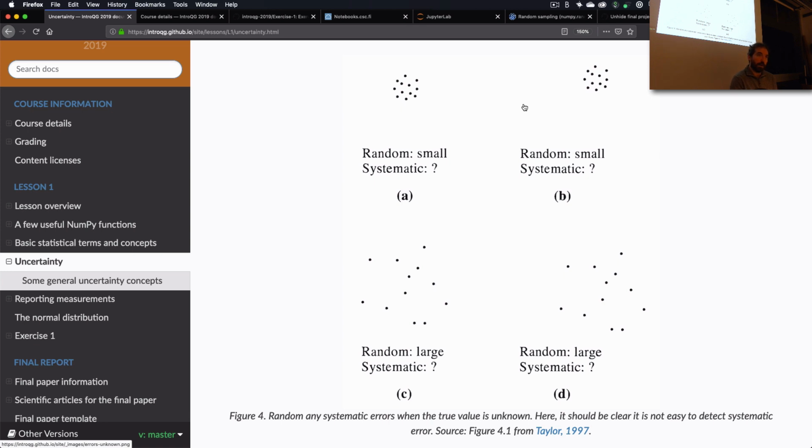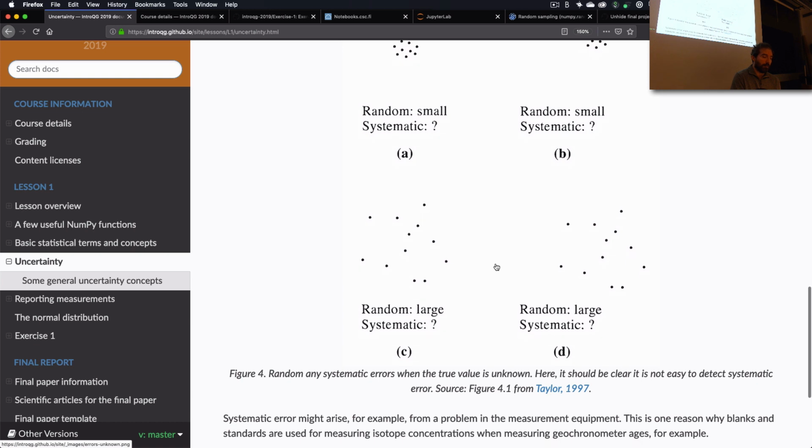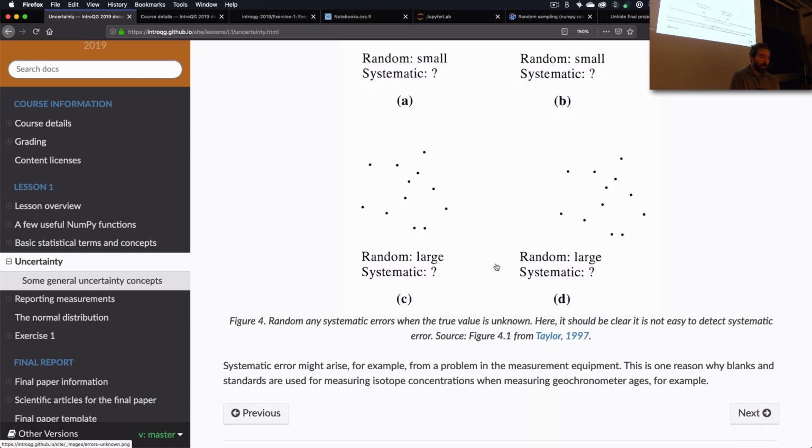You can see that, but you can't see the target oftentimes unless you have a standard that you're dating. If you've got a dating standard, then you know, okay, I should get an age of 31.4 million years plus or minus some small variation. And if you're getting back 45 million years every time you do your analysis, okay, now you can start to see that you've got some kind of systematic error. But if you're out collecting samples in the field somewhere where you don't know the age of the bedrock, of course that can be a problem